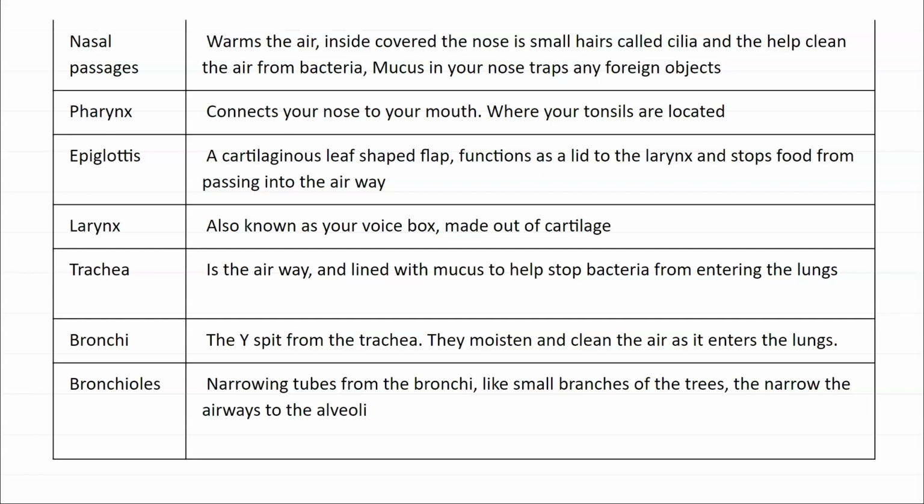Your nasal passage is actually connected to your mouth via the pharynx. So your nasal passage goes back down towards your pharynx. Your mouth also connects to your pharynx. So that's why you can breathe in when you feel like you've got the sniffles